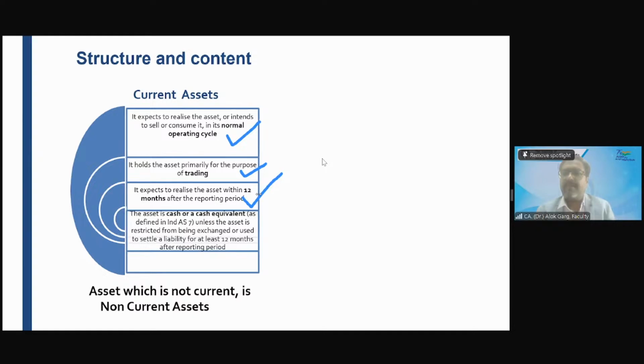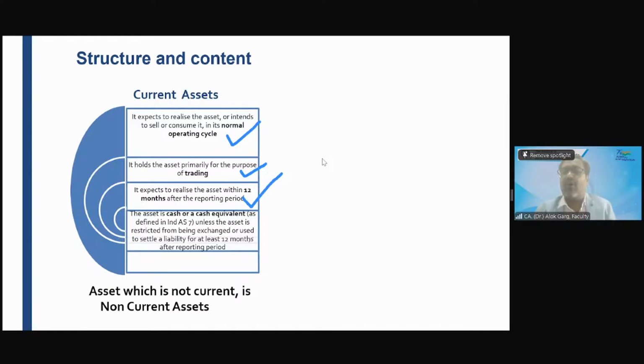Yes, sir. You must have seen this on the shops and showrooms, right? So inventory, the purpose of inventory is to be held for trading. The purpose of the inventory is to sell. Doesn't matter whether it is actually getting sold out or not. Are you getting me? So friends, if an asset is held for the purpose of trading, it will also be nomenclated as a current